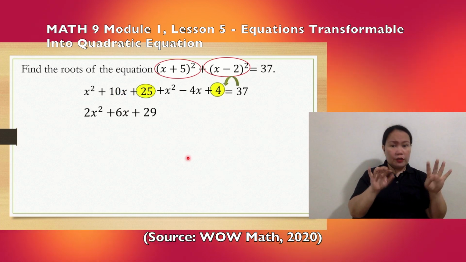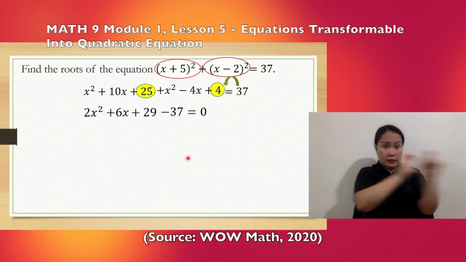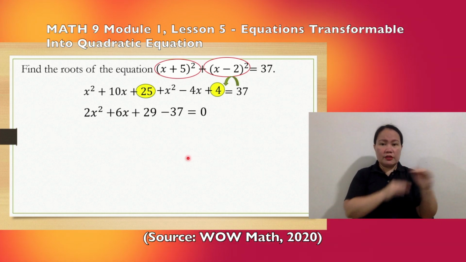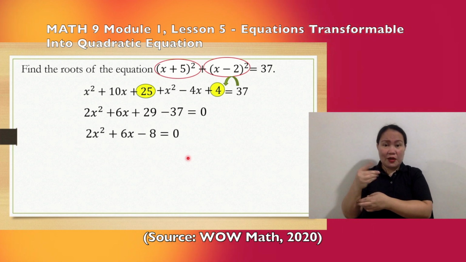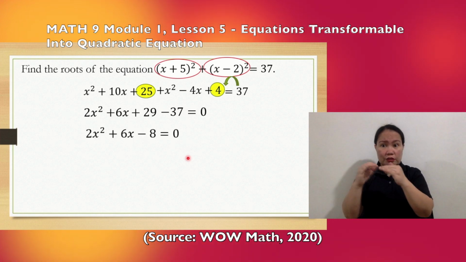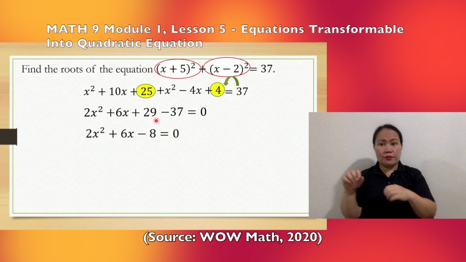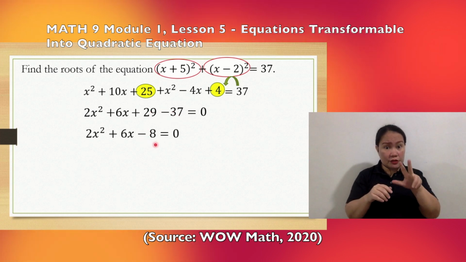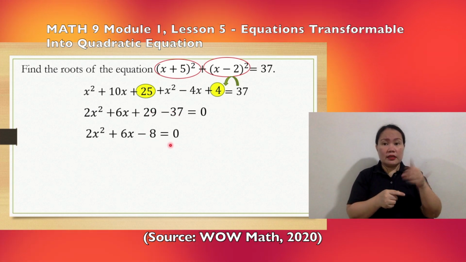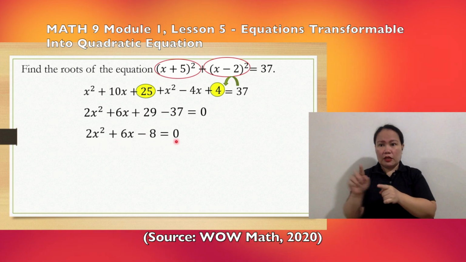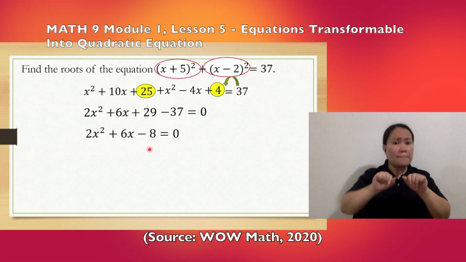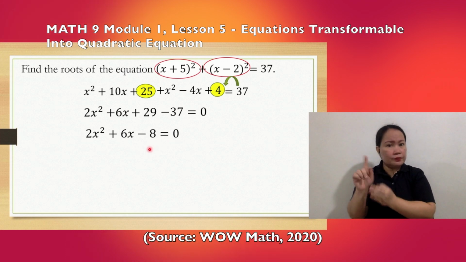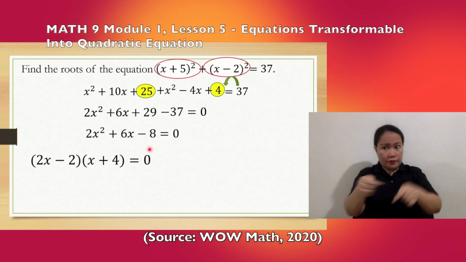So, lipat natin si 37 sa left side. So, that will become minus 37 is equal to 0. So, yung quadratic equation na natin is 2x squared plus 6x minus 8, because 29 minus 37, that is negative 8, is equal to 0. So, ito na yung quadratic equation natin na pwede natin kunin yung factor. So, yung factor ng 2x squared plus 6x minus 8 is equal to 0 is